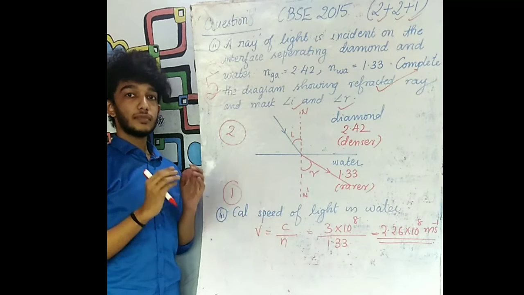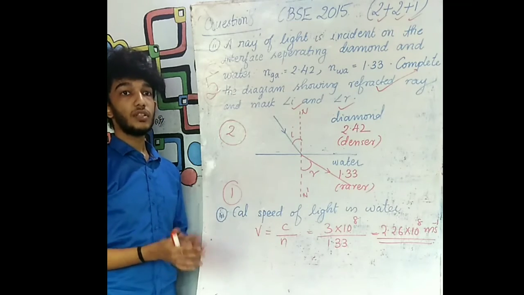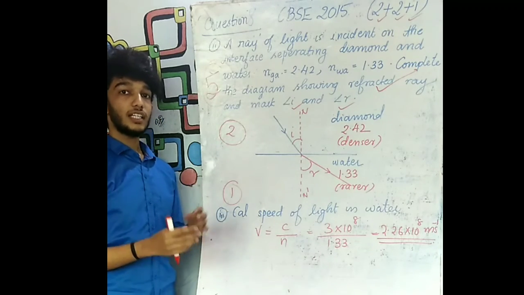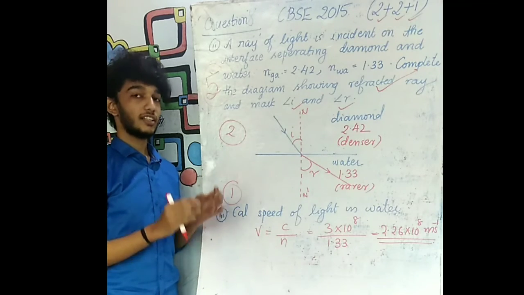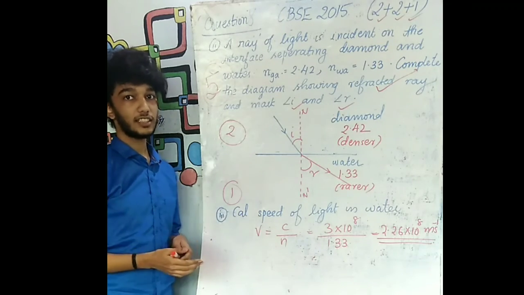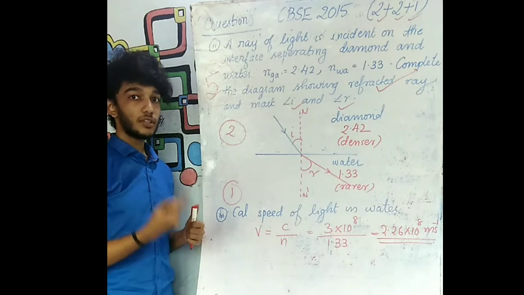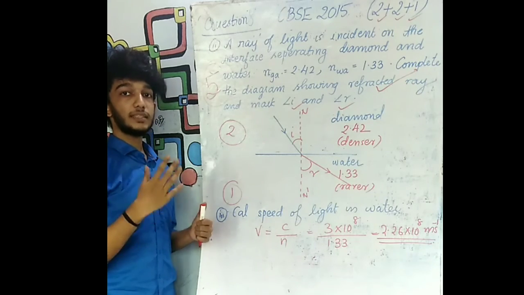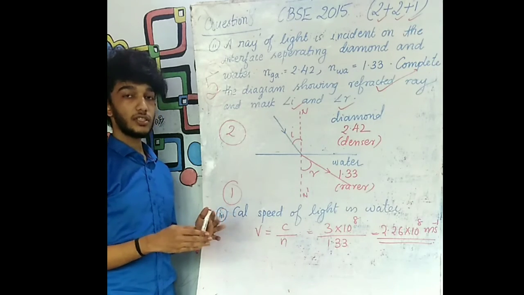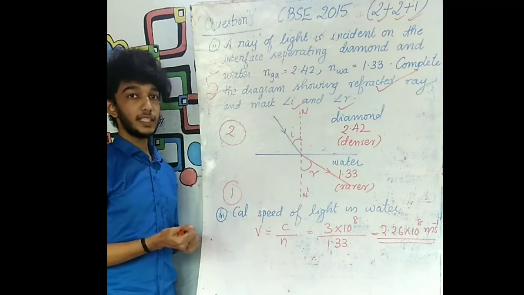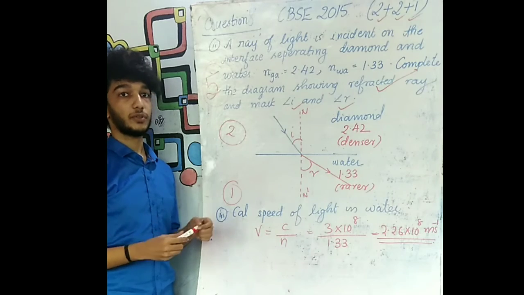So here I am concluding this module, that is the 7th part. In the 8th part we shall be moving on to the refraction of light at a spherical surface. We will be discussing concave and convex lens, its image formation, and then we will move on to lens formula and magnification, and related numericals will be discussed from the upcoming videos.